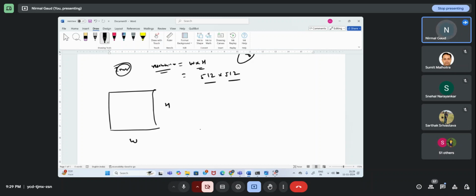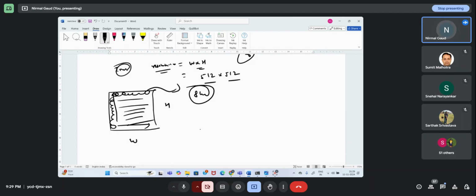That means 512 pixels are arranged along the width, and 512 pixels are present along the height as well. Together they make a complete image. We can have a higher resolution also, and the better the resolution, the better the quality of the picture you see. Every pixel represents intensity information, which is represented in bits, in 8-bit format. That's what you know.